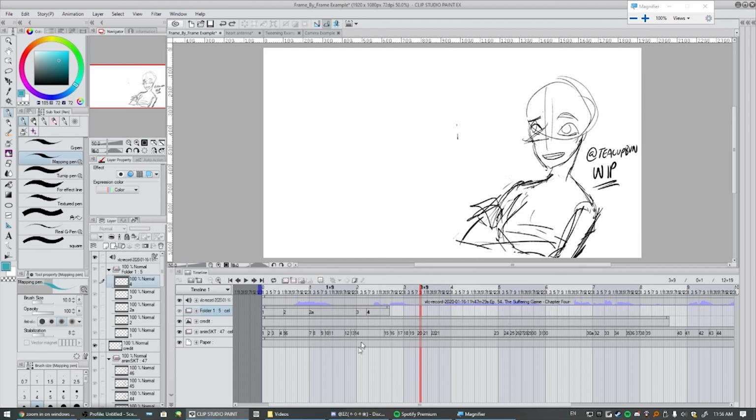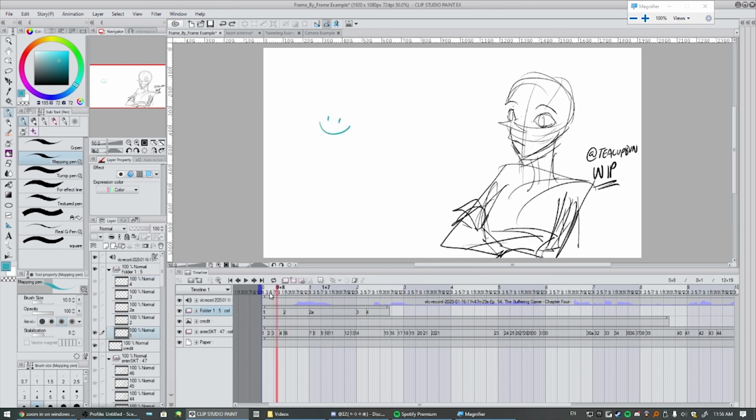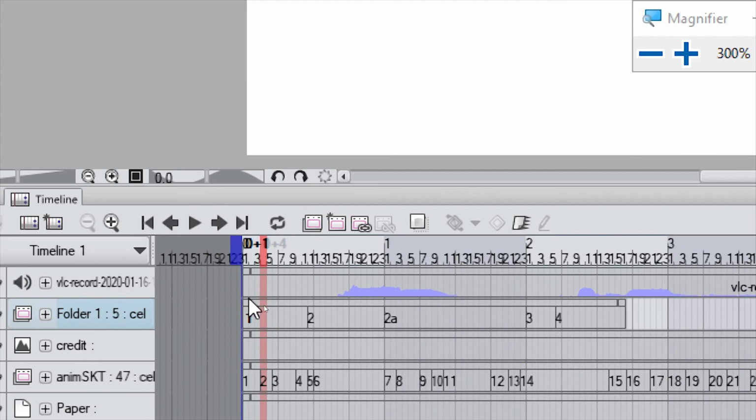But you can see that these 5 frames that I have here are only one group, because you can see that the line above the top is connected. So I can actually take that and drag them as a unit. But if I wanted to say split up